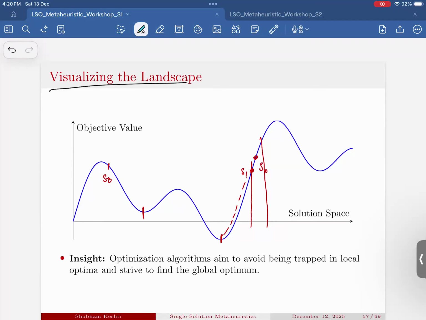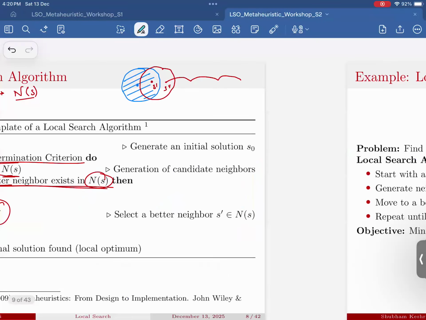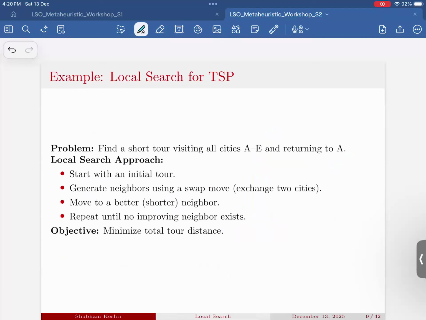It is highly sensitive to the initial solution you give. Is that all right? Any questions? Okay. I see a question. Just a minute. How many